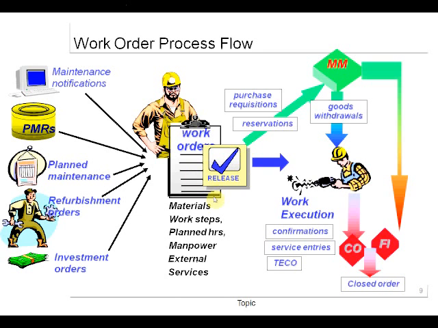Once the work order is released, if the materials exist, say I require two bearings and I have two bearings in the shop, the central store, then if the material I have defined in the work order is available in the store, the reservation will be created. Reservation means those materials will be reserved for this order. So once the reservation is created, I'll go and withdraw the goods.